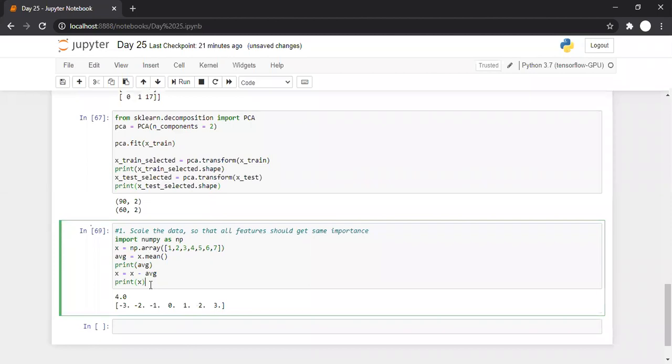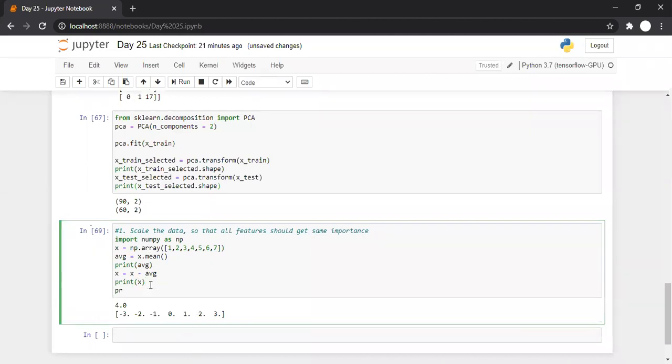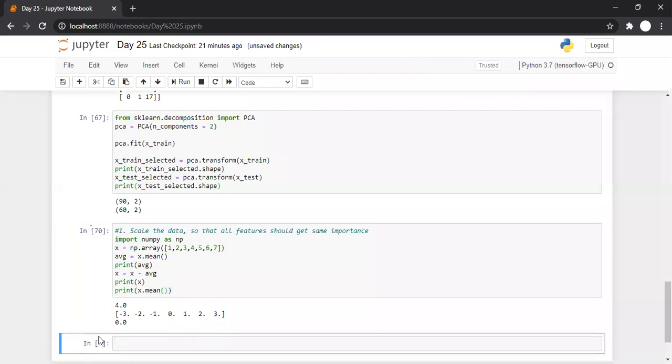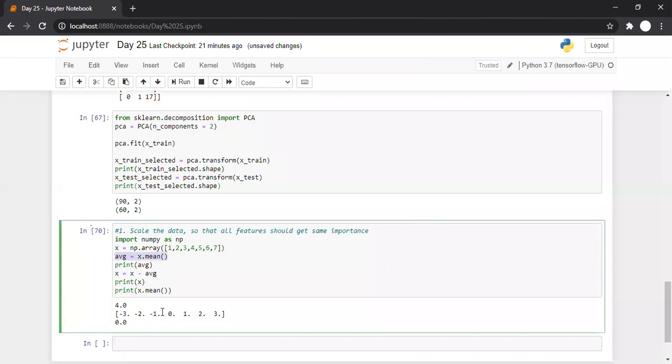And if you take the average of the entire column, it becomes 0. So if I take x.mean() now, after standardization the average of x is 0.